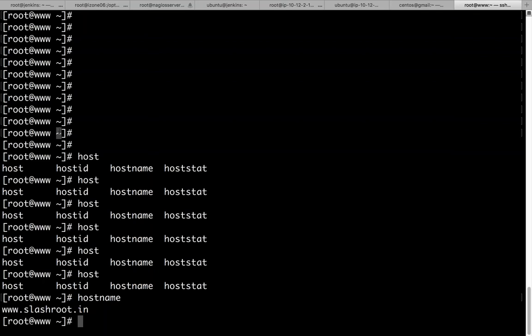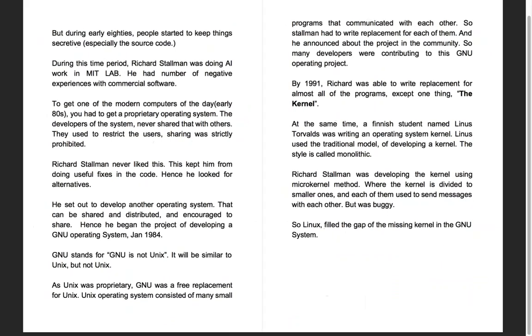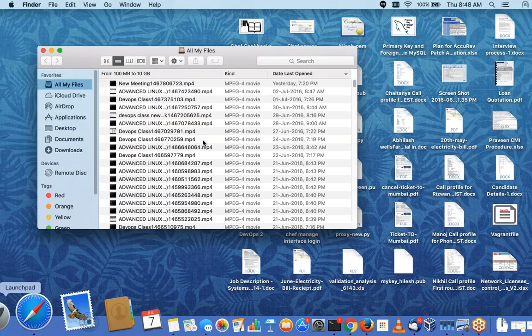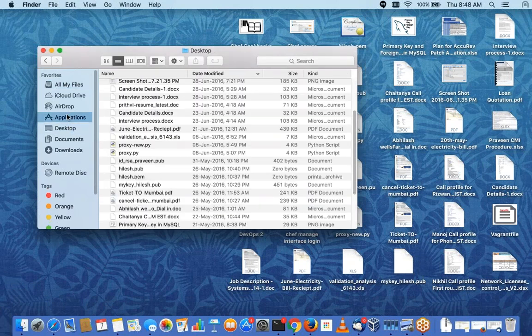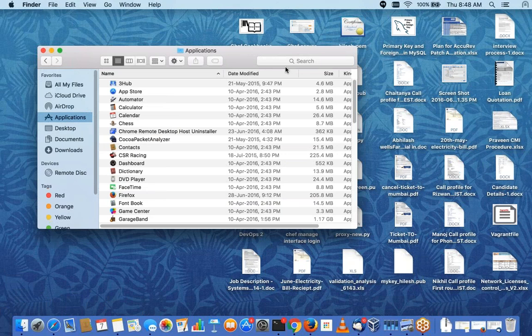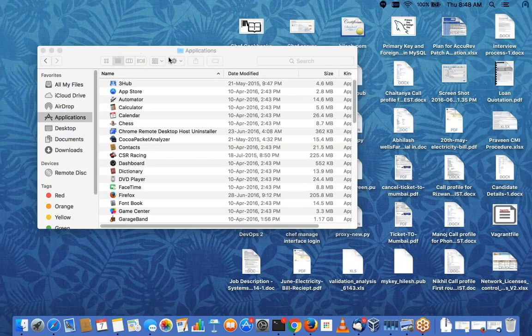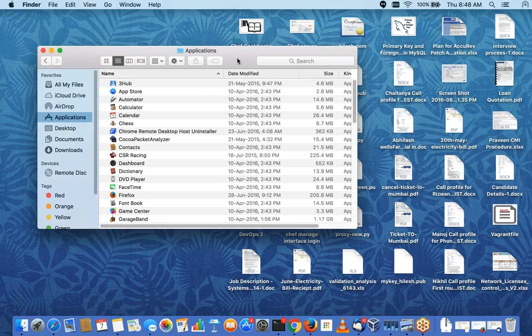It is very similar to accessing a GUI interface, something like this. So if I go to, let's say, desktop or applications, I cannot see it in Mac. So in the case of Windows, you might have experienced there is an address bar right here. In this address bar, it will say you are currently sitting in C, program files, blah blah blah, that kind of URL-related stuff, right? The address bar in the case of the Windows operating system. Have you guys seen that? When you open a GUI-based console or window, you get an address bar, right?